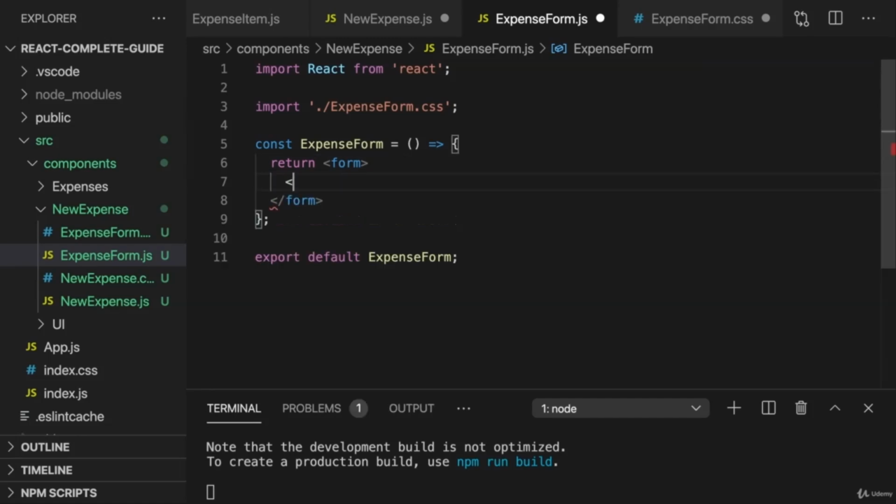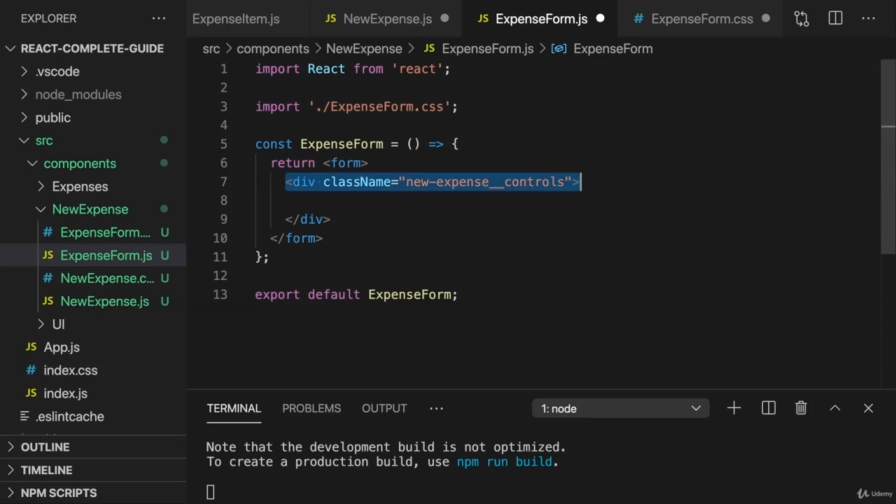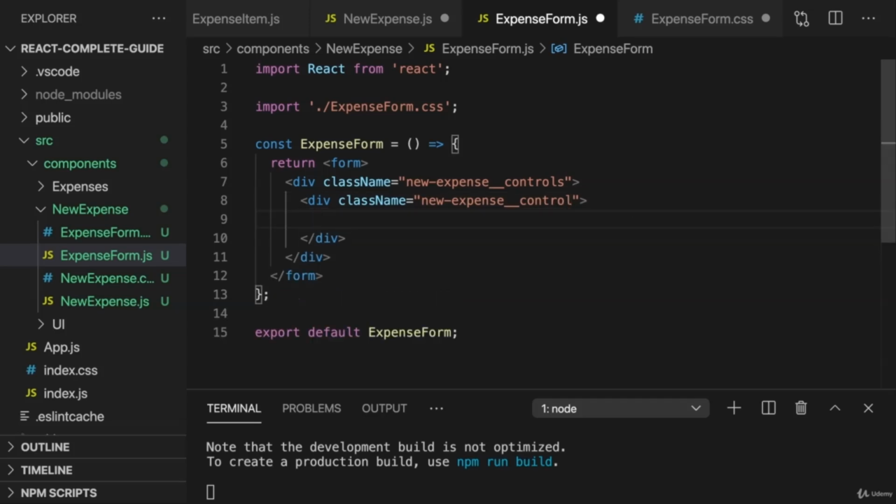And for styling reasons, I'll put every input field in a div, where the div has a class of new-expense__controls, or to be precise, that's actually a div which will hold all inputs, but then I'll create another div in there with a class of new-expense__control for a single input,